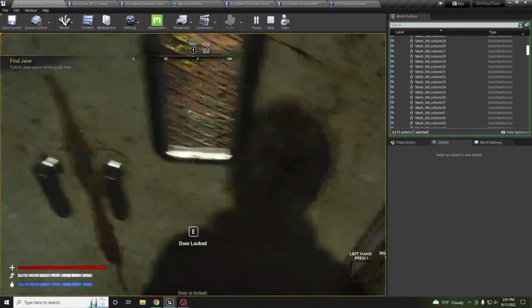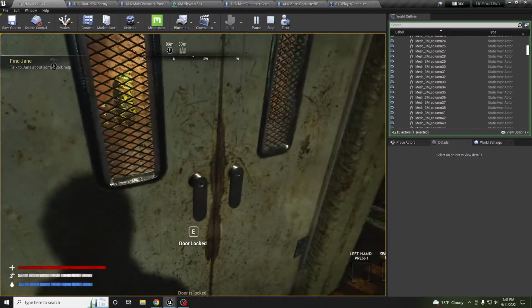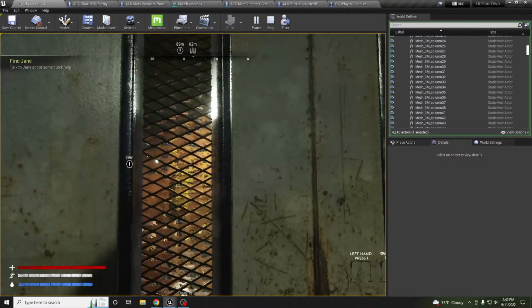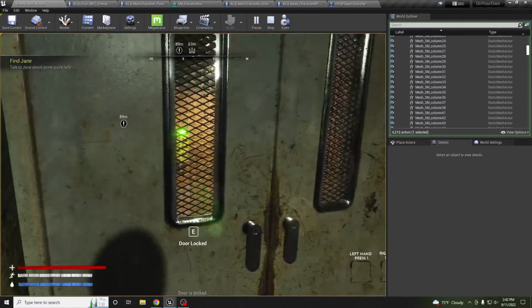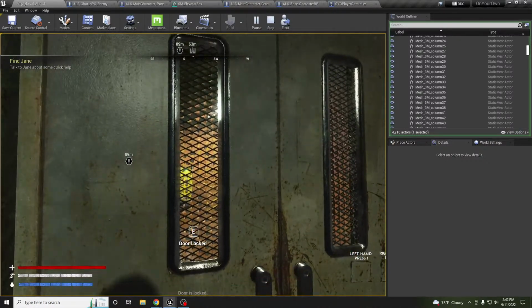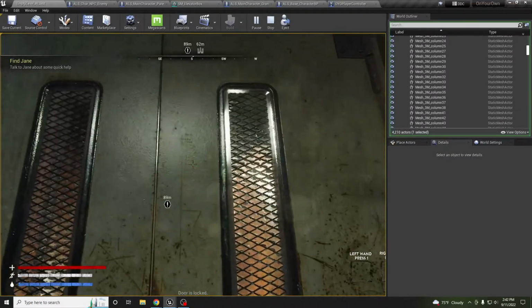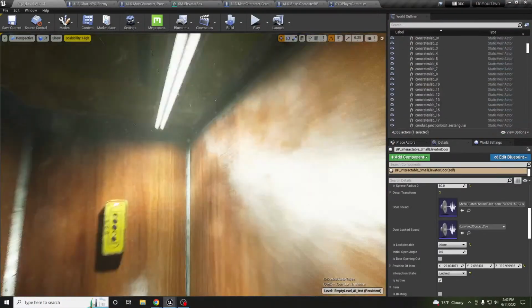And of course, I added a handle to the door, and also the material for the window of the door, because this one was just not transparent with the original one, and so I made it a little bit more custom,